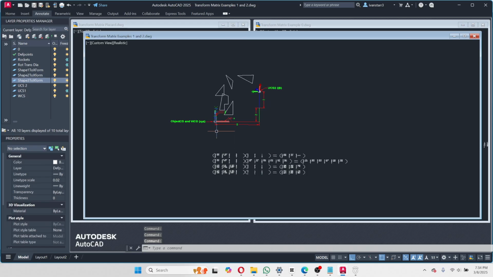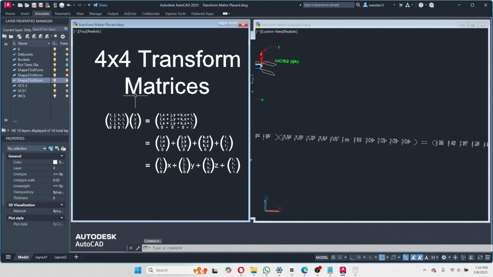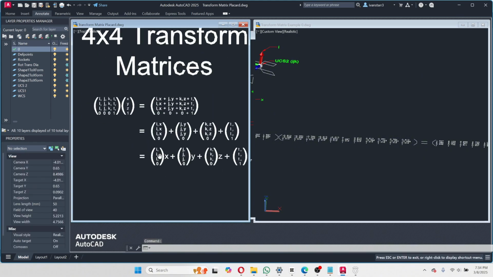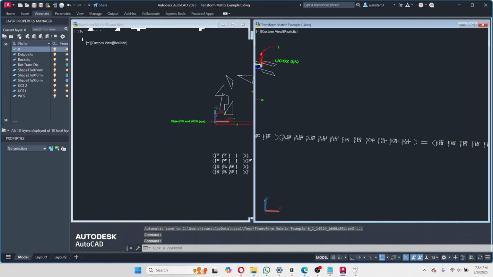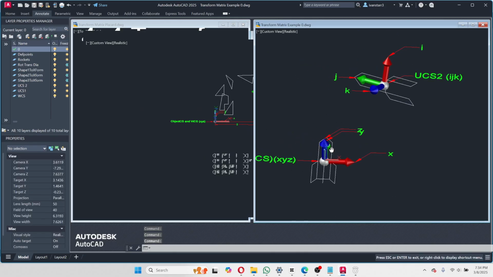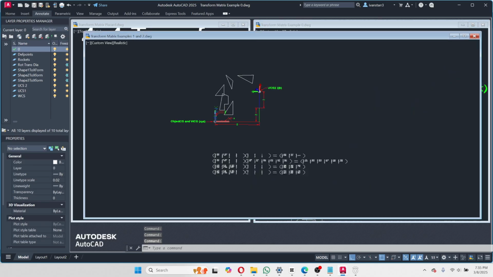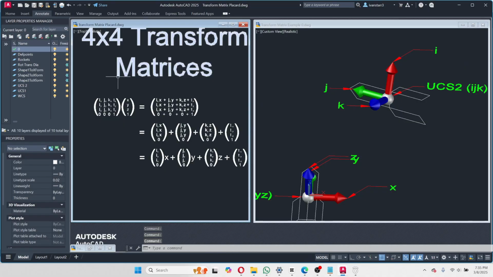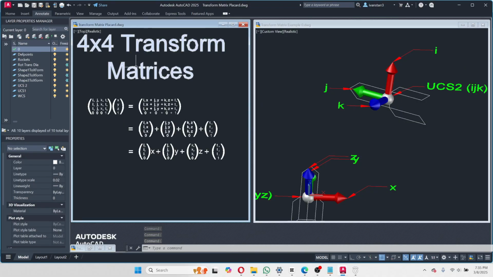All right, I think that proves what I've told you about 4x4 transforms, exactly how they work. Just to go over it, basically, what happens is, 4x4 transform matrices work because all it does is it takes the x, y, and z coordinates of all the points of an object,